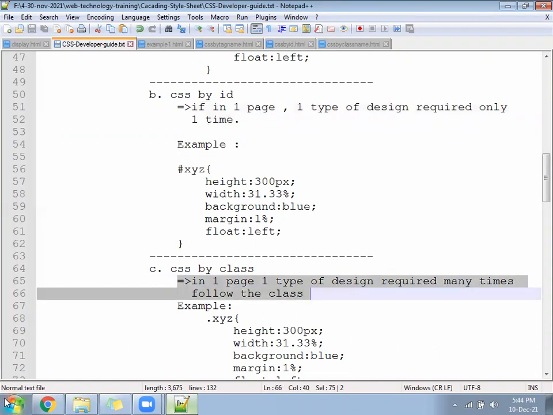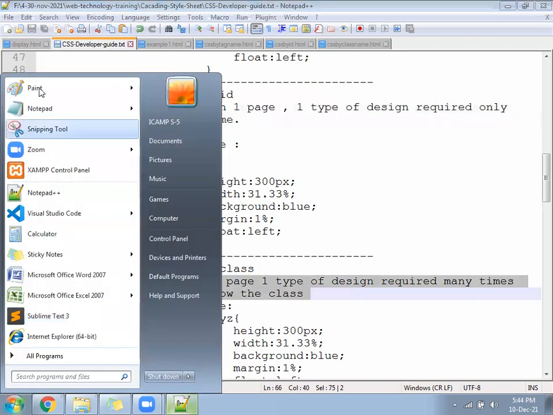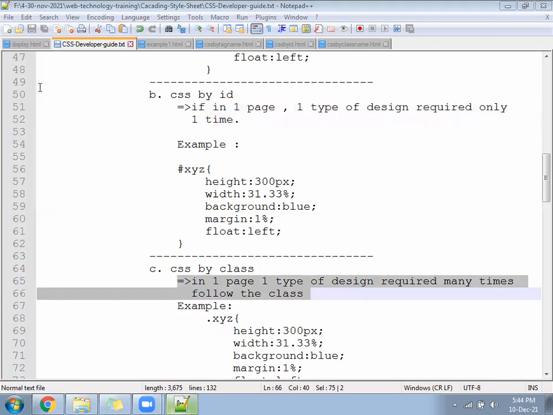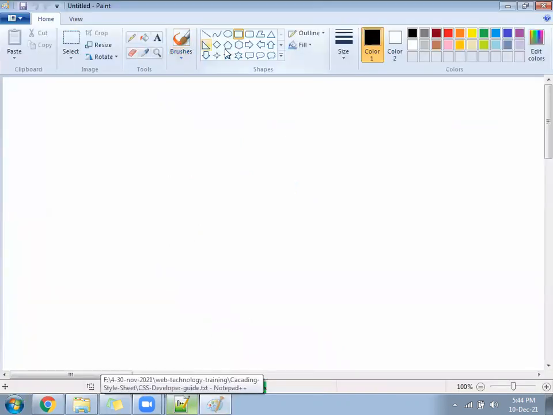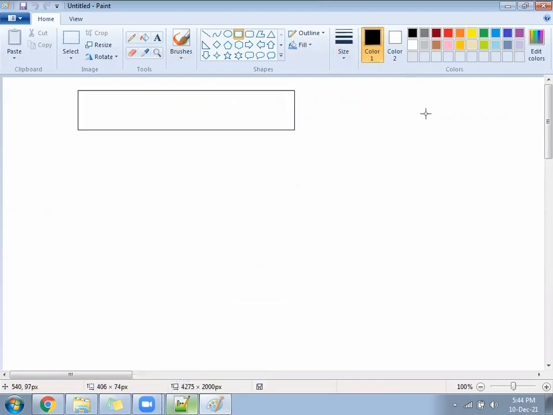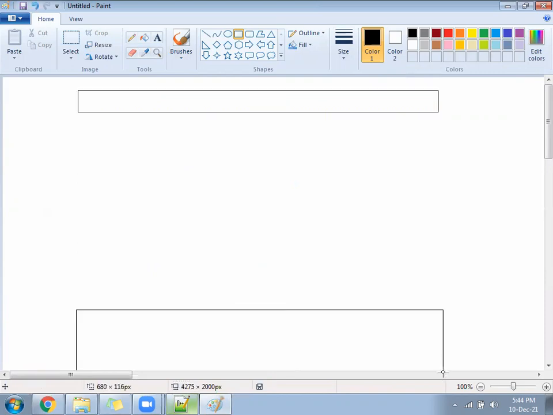Suppose, for example, inside a page, you are designing a layout. This is one section and this is another section. Do both look different or the same?